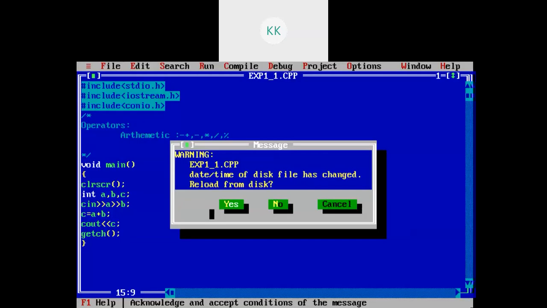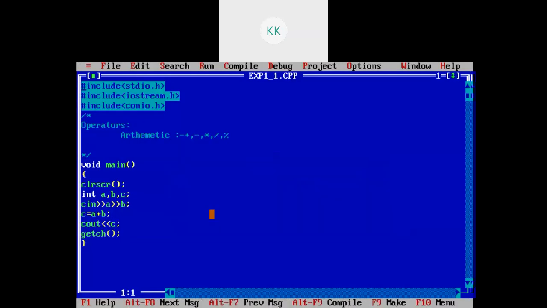So in order to justify our program, we need to write some strings, or we need to output what this program is all about.